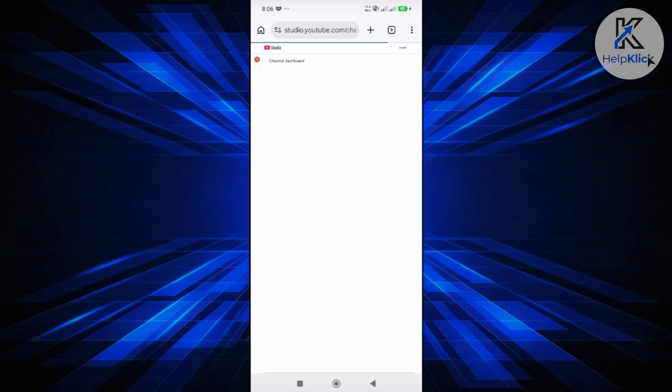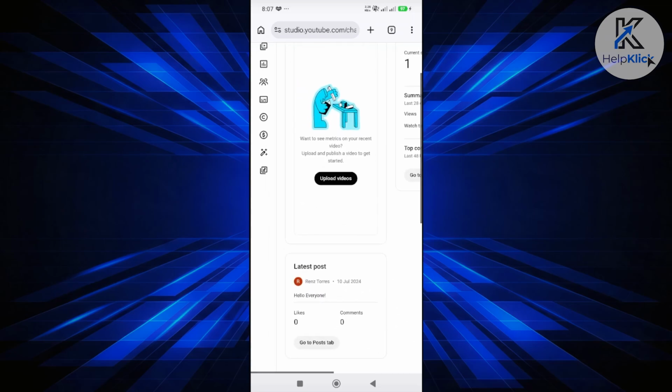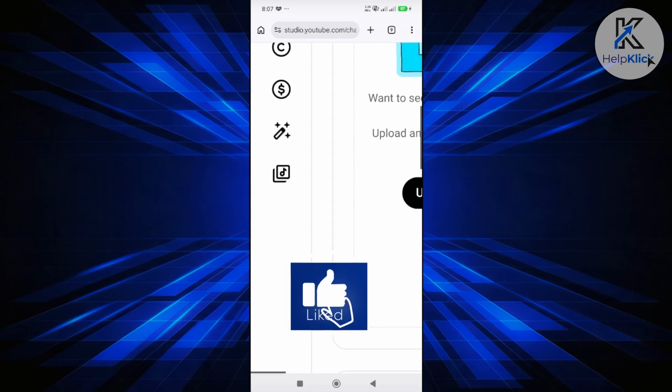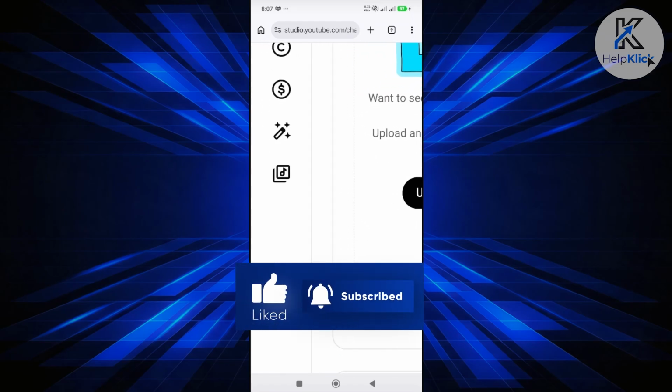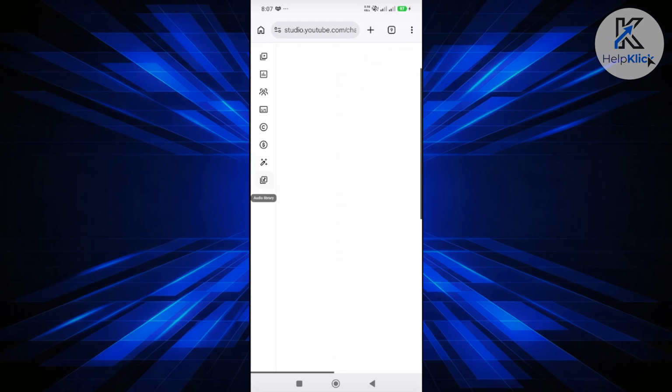And it should redirect you to YouTube Studio. By the way, if you haven't logged in to your Google account yet, log in to your account first. But once you've done that, go to the left side here, and you should see the music section, which has like two squares on top of each other. Click on it, and it will redirect you to the audio library inside